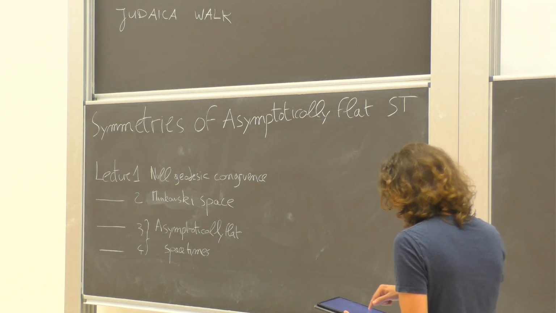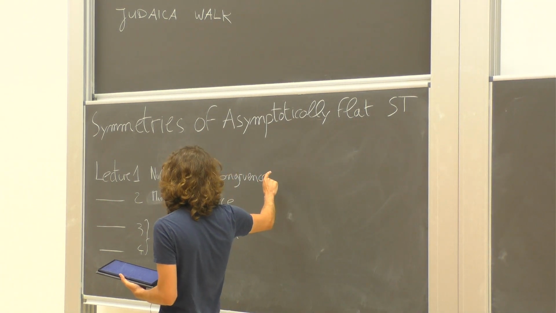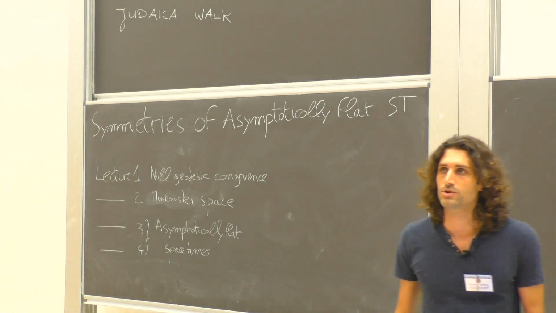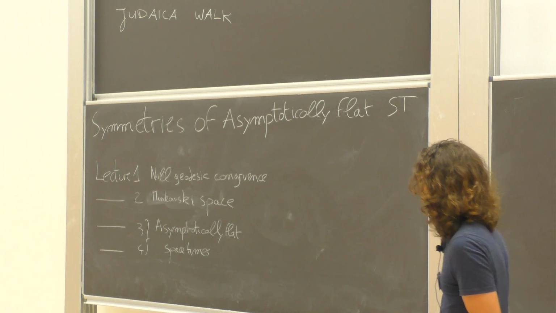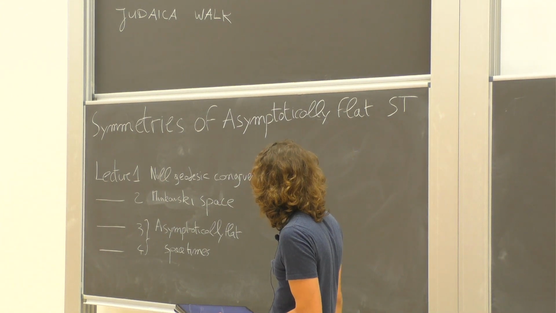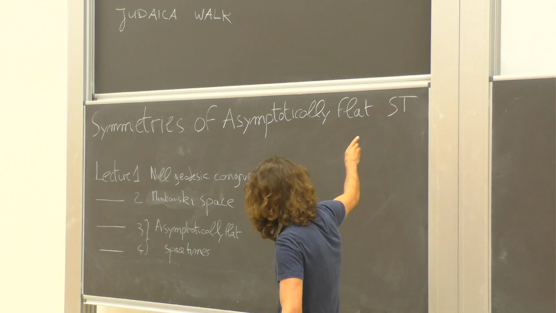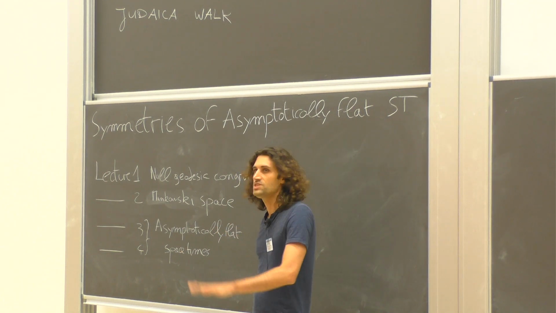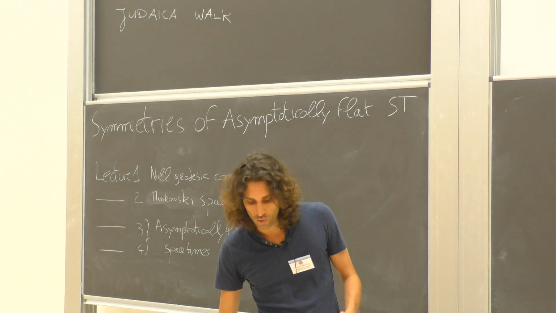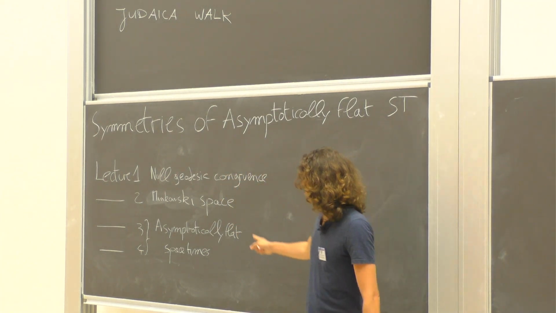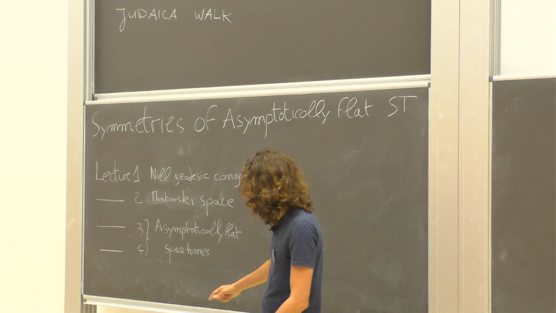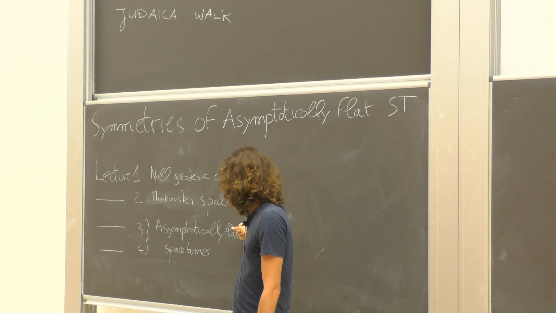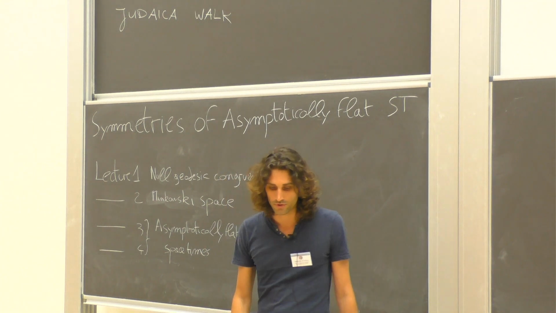Okay? So in this first lecture, I'm going to do a bit of this, and this first lecture is mainly going to serve as a historical introduction, trying to convey what was the historical process that led to this notion of asymptotically flat spacetime. In the second lecture, I'm going to treat in a lot of detail Minkowski space, and hopefully in a way which makes all the rest of the discussion natural. So these first 2 lectures should be preparatory lectures for the core of the lectures, which would be the last 2 lectures.